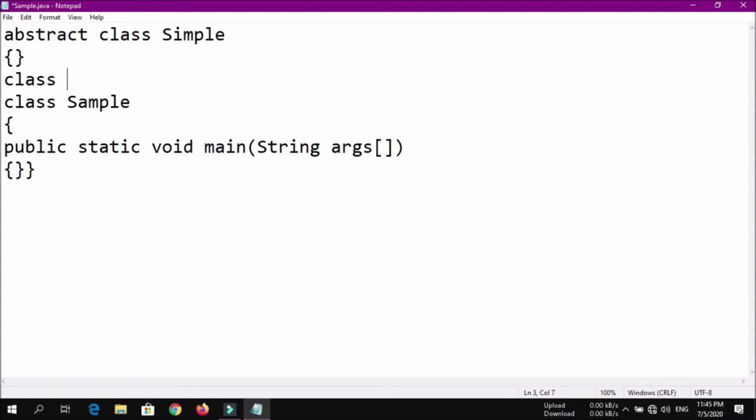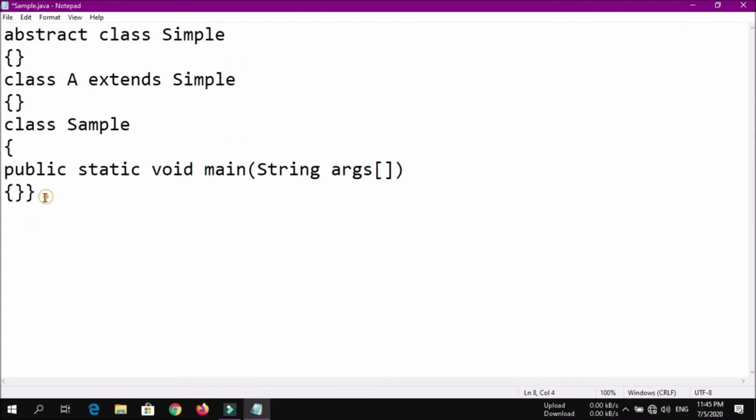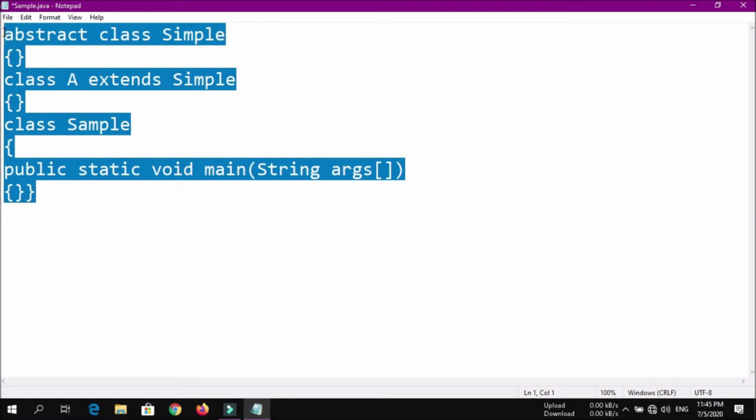So give the name of class, suppose A, and now you have to inherit abstract class inside class A. So for that you have to write extends keyword followed by the name of the abstract class, which is simple. So if you remember what we have done in the case of interface, we have used the keyword implements over here at the same position. Okay, now this is the whole syntax of creating an abstract class and to implement any method inside abstract class